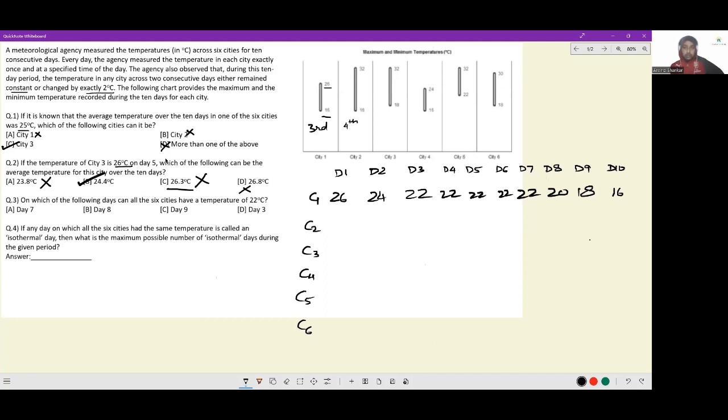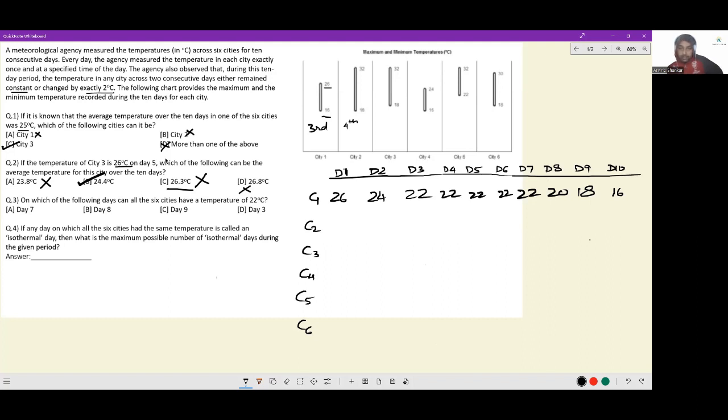Okay. Wonderful. Let's do it for city 2. Also, one other thing that you can potentially think of, if you look at it this way, 26 to 16, it is day 1 to day 10. But the reverse order can also work,